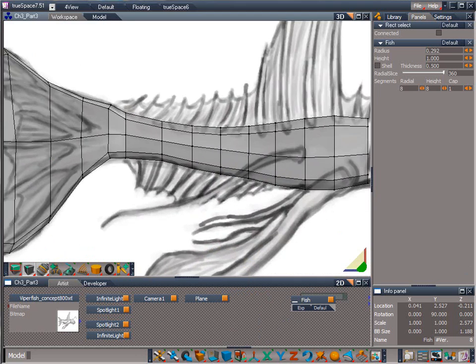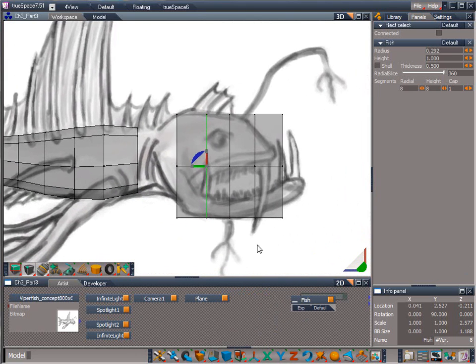Again, pan the view over so that the head is centered. Click on the Rectangle Select tool and set the element type to Select Vertices. Use Drag Select and the widget to move the vertices around to better fit the drawing. The key details we want to shape out with this part are the bottom of the jaw,